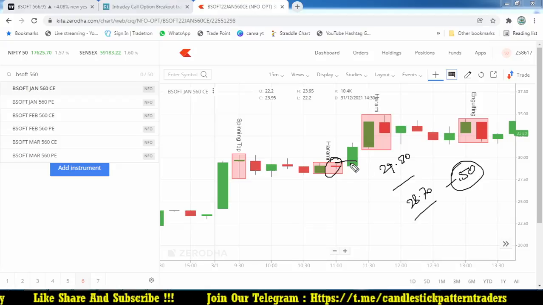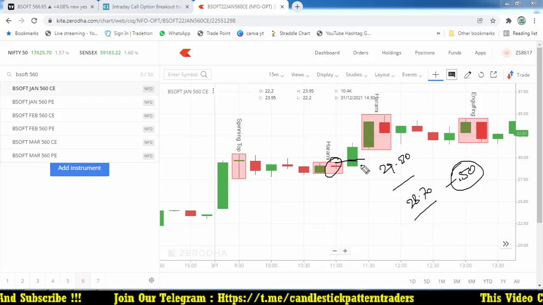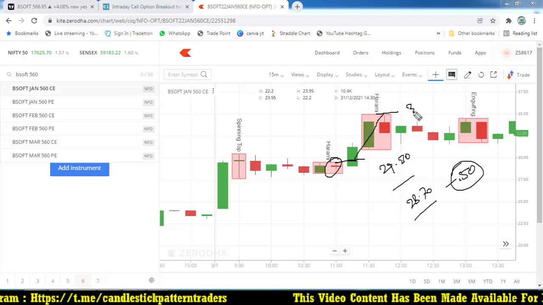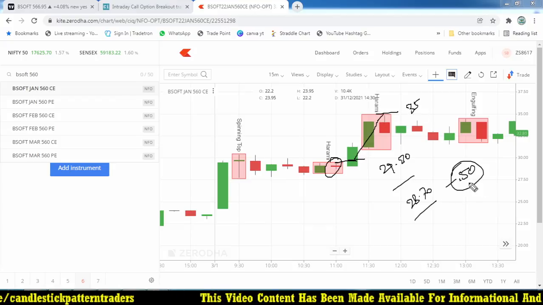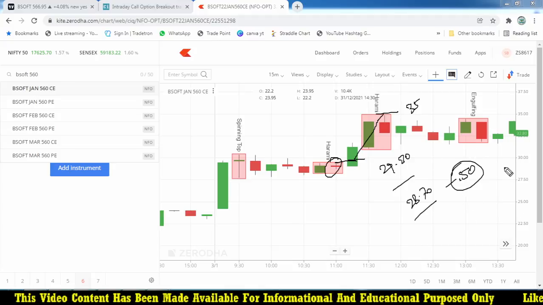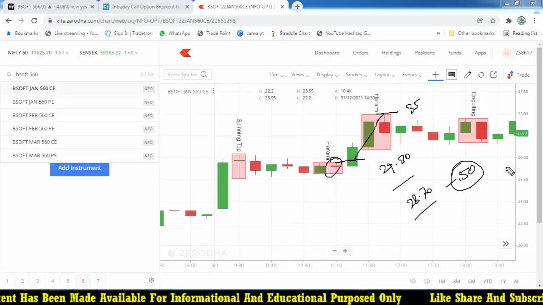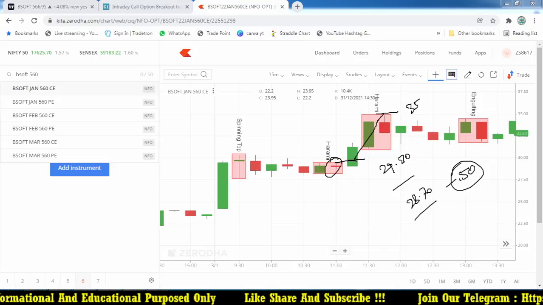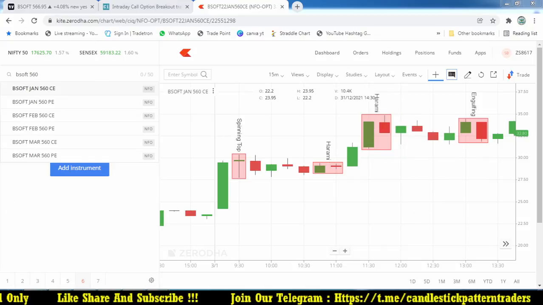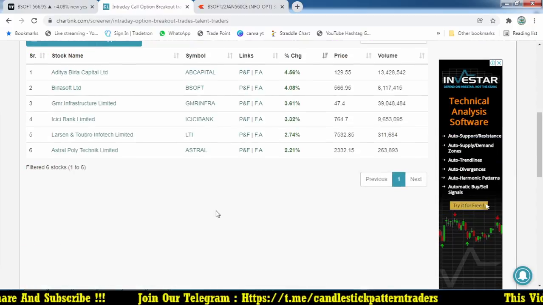But the next candle immediately broke that level, and within half an hour or 45 minutes it reached nearby 35. If you calculate, taking a 50 paisa risk, it is more than 5 rupees. That is a good enough profit in intraday options within 30-40 minutes. That is another stock which gives you such a great opportunity, and the market also supported today. That's why we got many more stocks today, right?